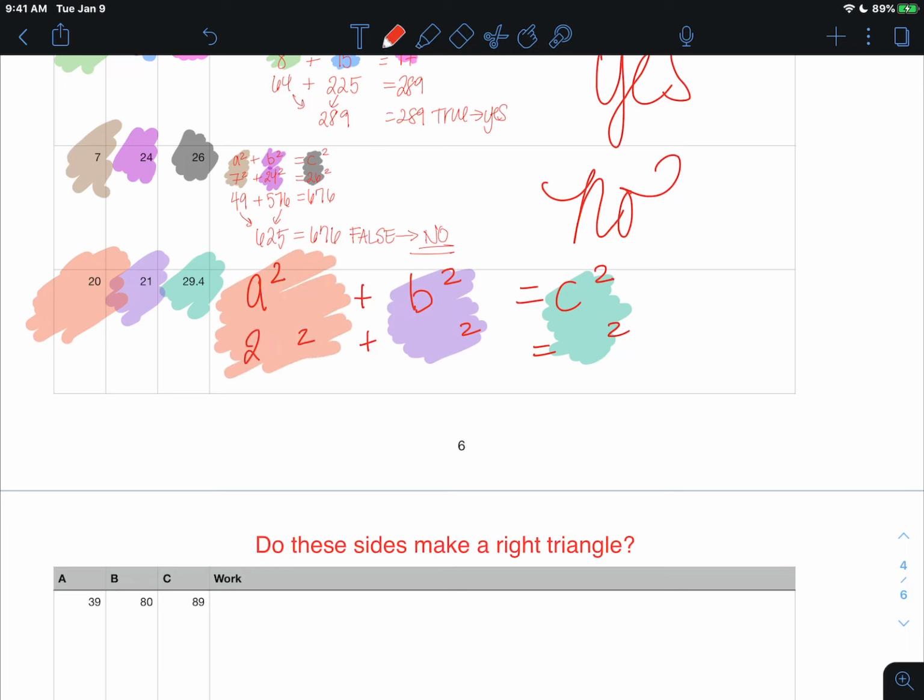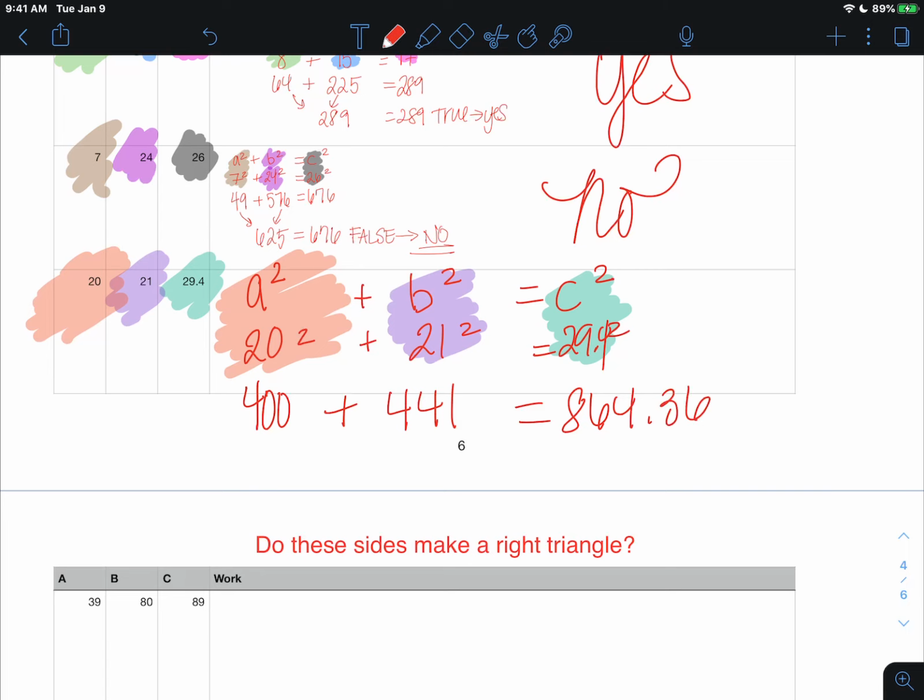Okay, let's write them in. 20, 21, 29.4. Okay, 20 times 20, 400 plus 21 times 21, 441. 29.4 times 29.4,